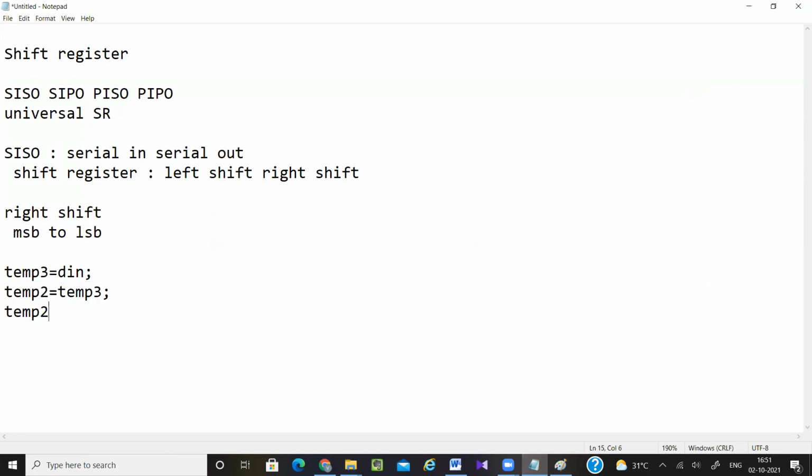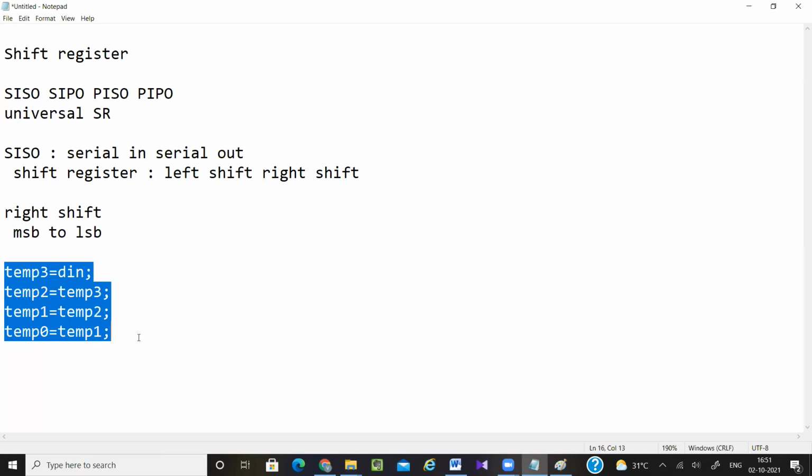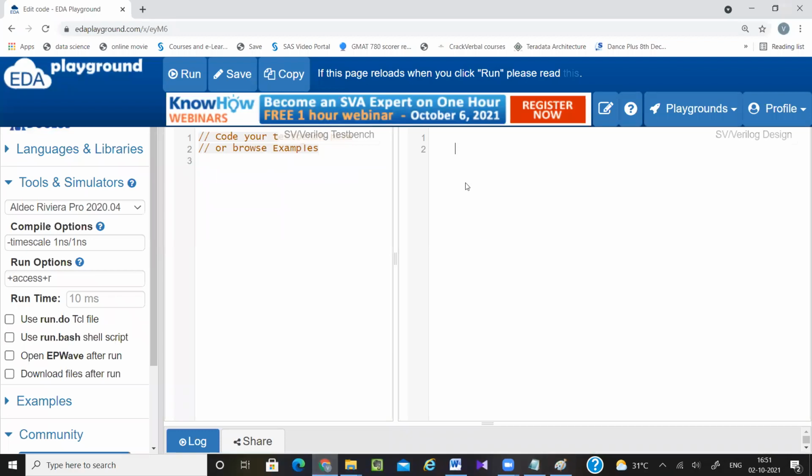Next, temp 1 equals temp 2. Next, temp 0 equals temp 1. So finally my output equals temp 0. This is how I am going to write the code for a shift register in Verilog. This is for right shift, or you can say shifting from MSB to LSB.